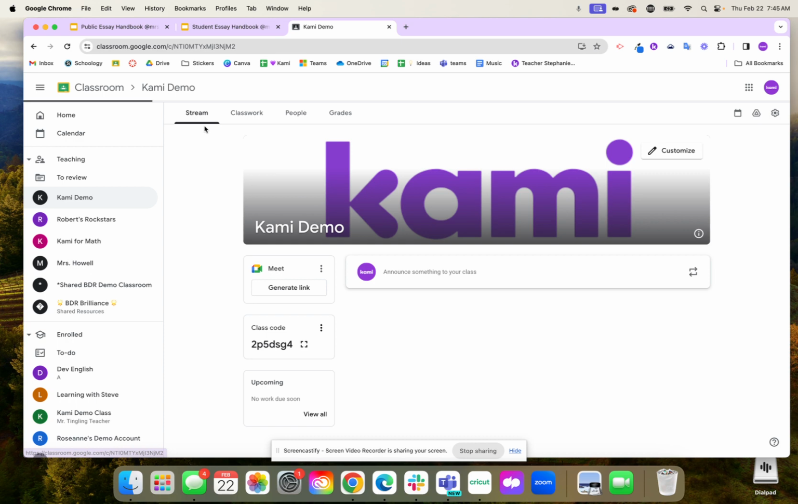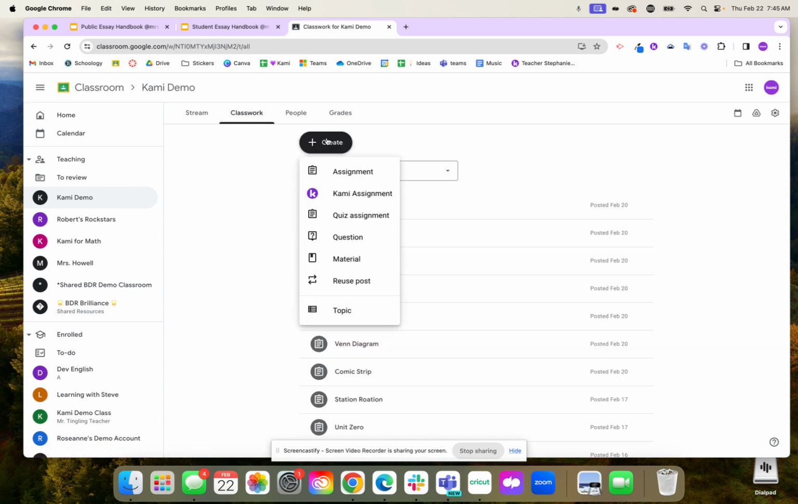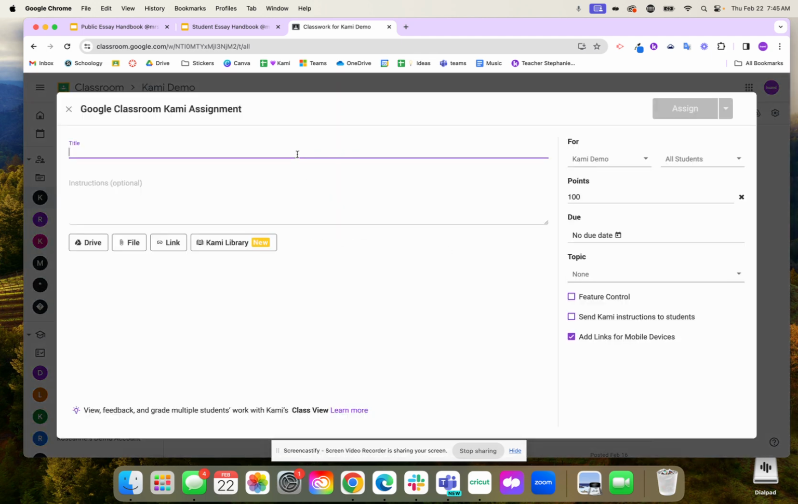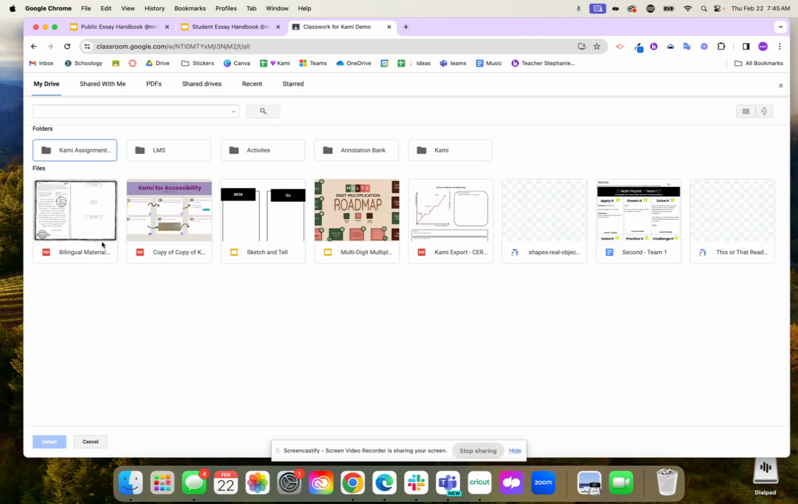And I'm going to go into the class. Now I'm going to click classwork. And now when I hit create, I'm going to click Kami assignment. You do have to have the Kami extension in order for this to work. Once I click on Kami assignment, I'm going to come in here and put in essay handbook. I'm going to then go to my Google Drive, find that student file,